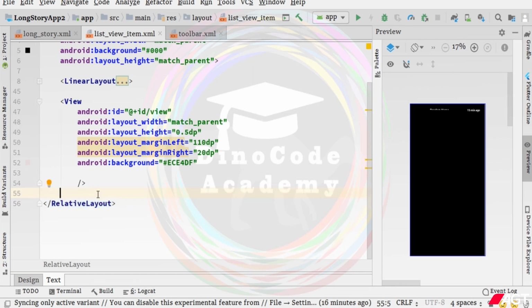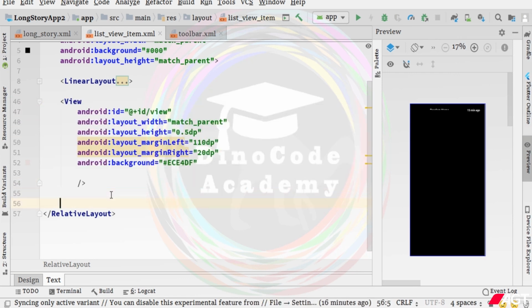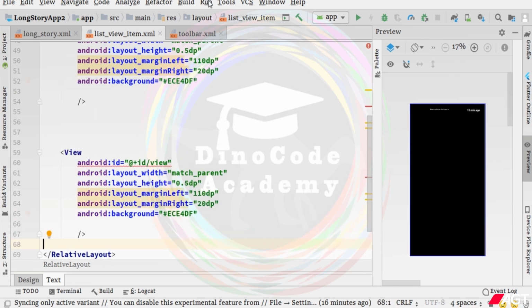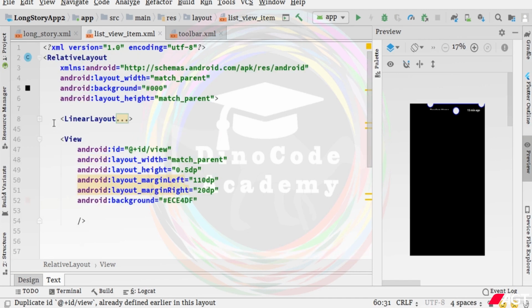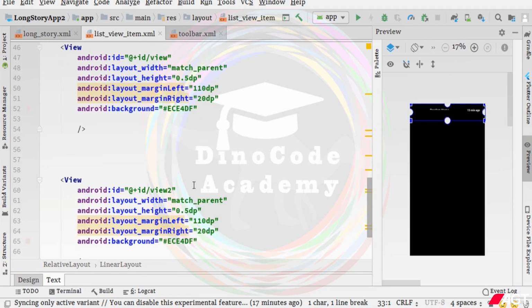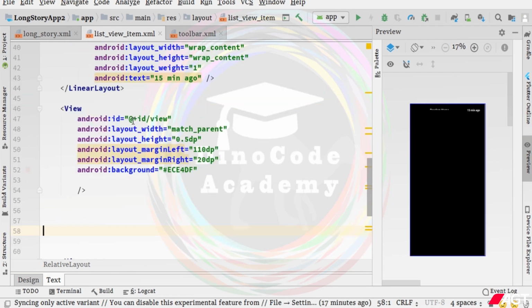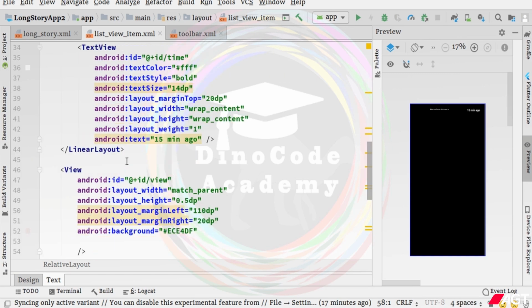Now at the end we want to display some text view as well. So we want one text view plus one view as well. So I'm going to first copy this view again and paste it here, just changing the ID to view 2. And then I want another text view, so I'm just quickly copying the code from this text view and pasting it between these two views. Actually I have copied the blank text view